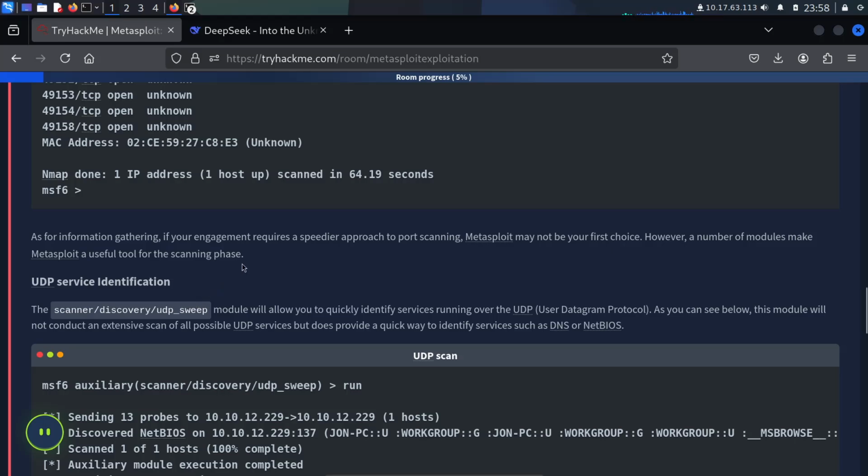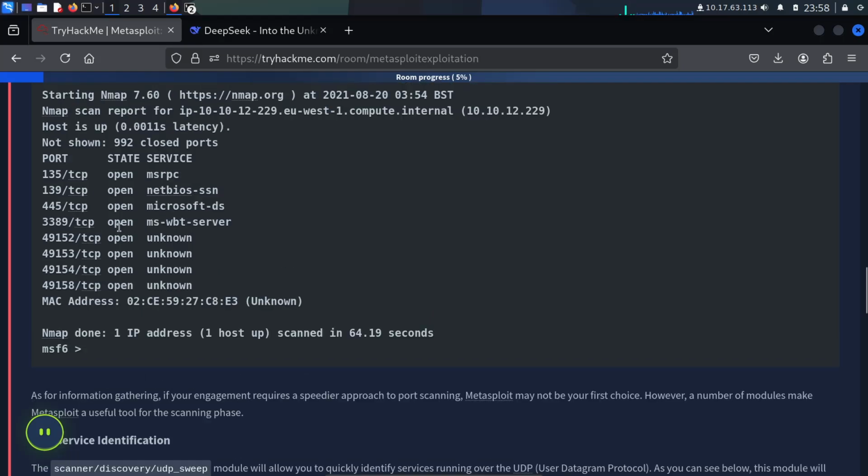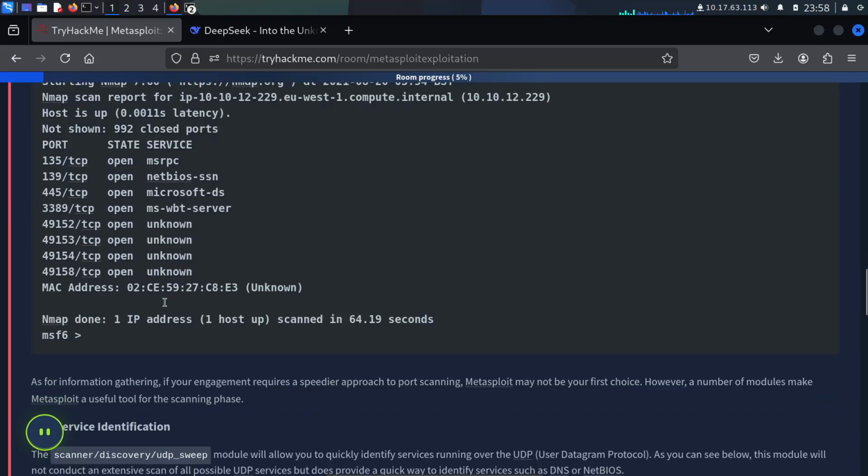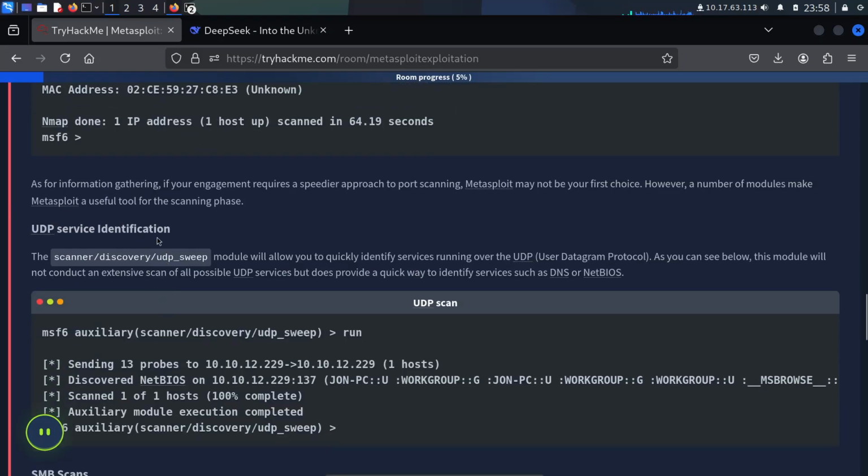If your engagement asks how many ports are open in this task, there are 1, 2, 3, 4, 5, 6, 7, 8 ports open. I don't want to try it because it takes a very long time.